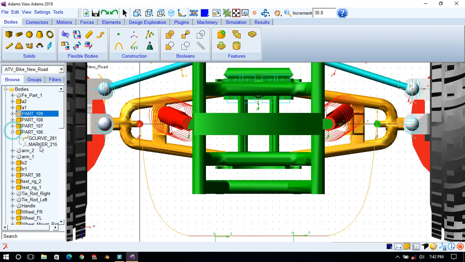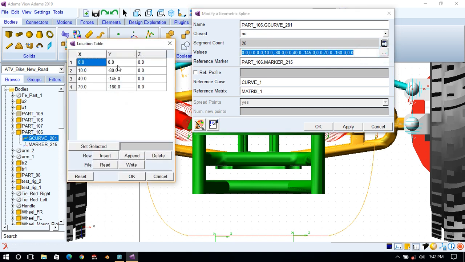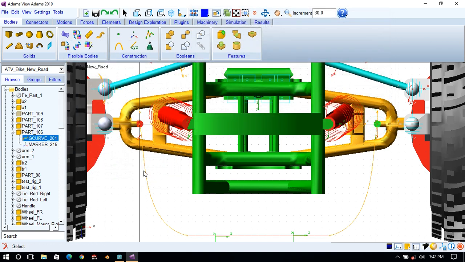So just I will show the points. What are the points? So these are the points. These are the points where you can create this point, or you can later edit these points for creation of spline. So from the screen you can note down these points for creation, or you can create. Just I will show how you can create a spline.